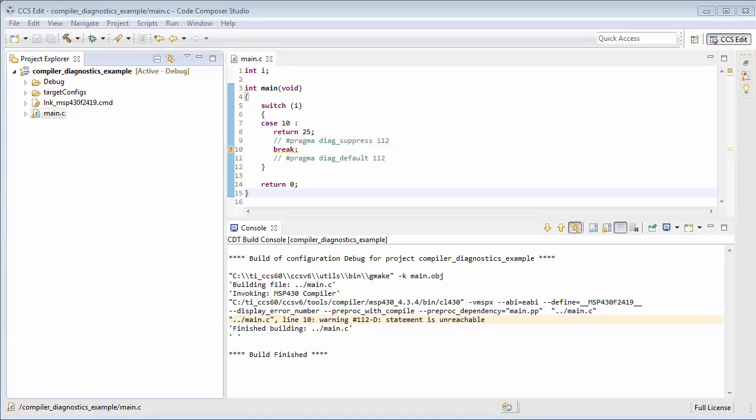So, what are we looking at right now? This is Code Composer Studio, a very simple contrived project. It's open. It's got one source file. That source file is here. I've already compiled it, and you can see it's got a diagnostic you may not desire about statement is